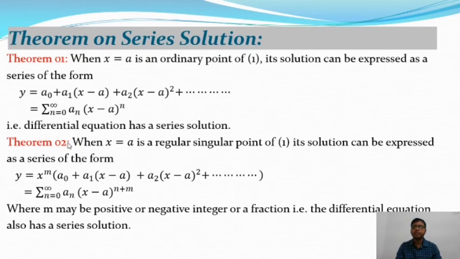And theorem 2: when x = a is a regular singular point of equation 1, that means p0(x) d²y/dx² + p1(x) dy/dx + p2(x) y = 0, then its solution can be expressed as a series of the form y = x^m (a0 + a1(x − a) + a2(x − a)² + ... up to infinity),